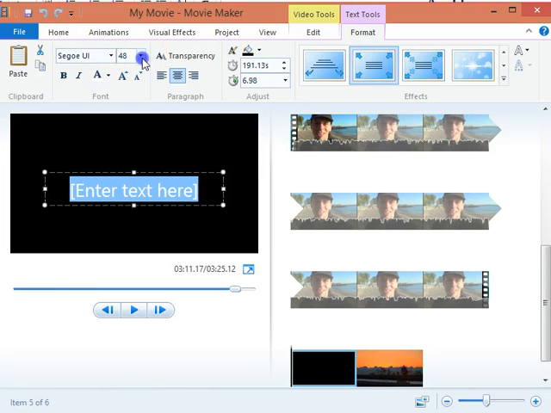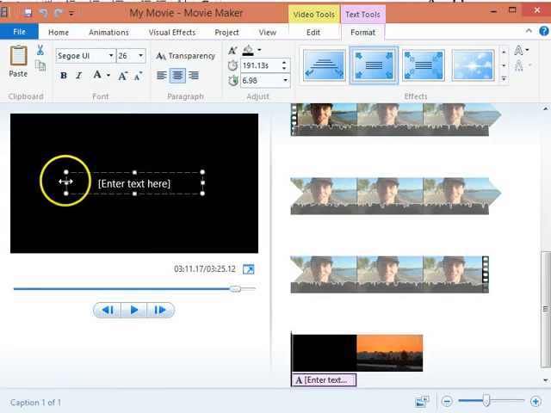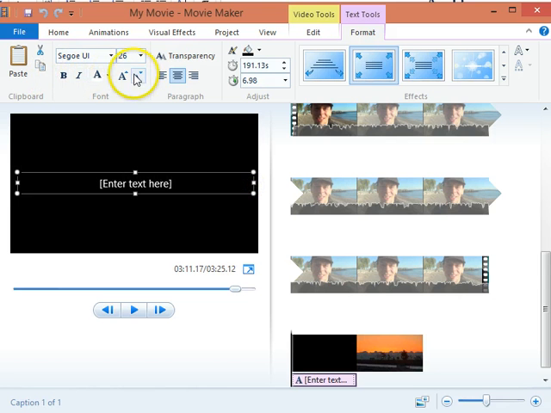For whatever reason, this freezes for like 5 seconds when I click it. So I just clicked it. Any second, it should unfreeze. There we go. So I might take this down to like 26 font size. Again, very Windows. There's bold, italic, font size, and you can change the colors and all that stuff. So I might have